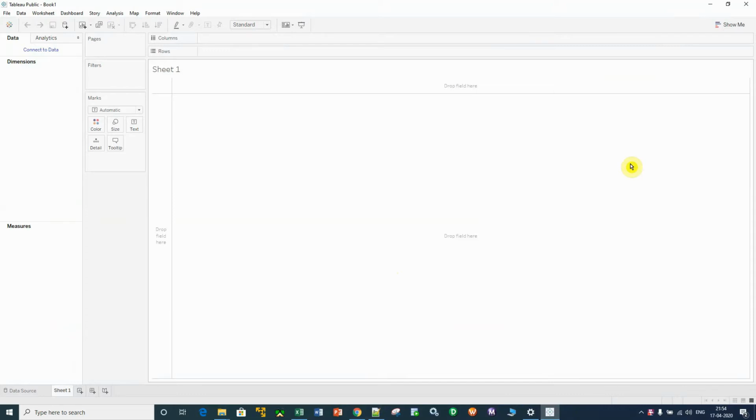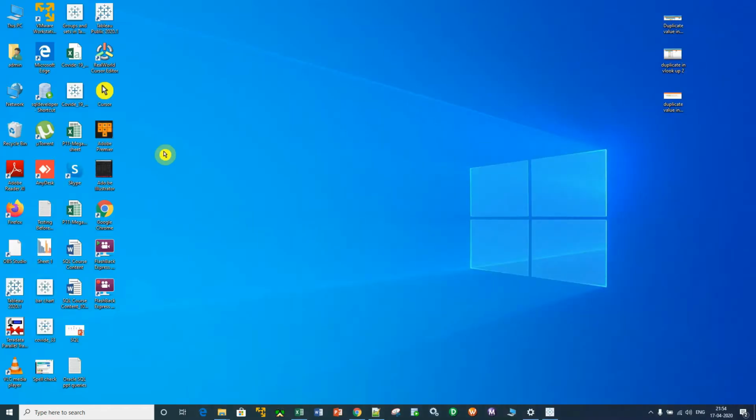So, today in this session, we are going to learn how we can create a dashboard to analyze our source data, and we'll do an analysis on that data by creating visualizations, right? We'll see first of all what data we have in our source file. In this case, the source file is an Excel file. So let me open my Excel file first.